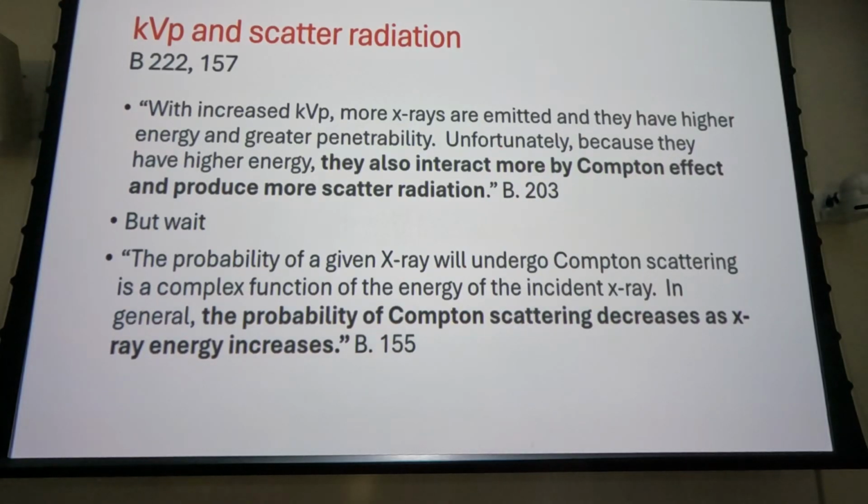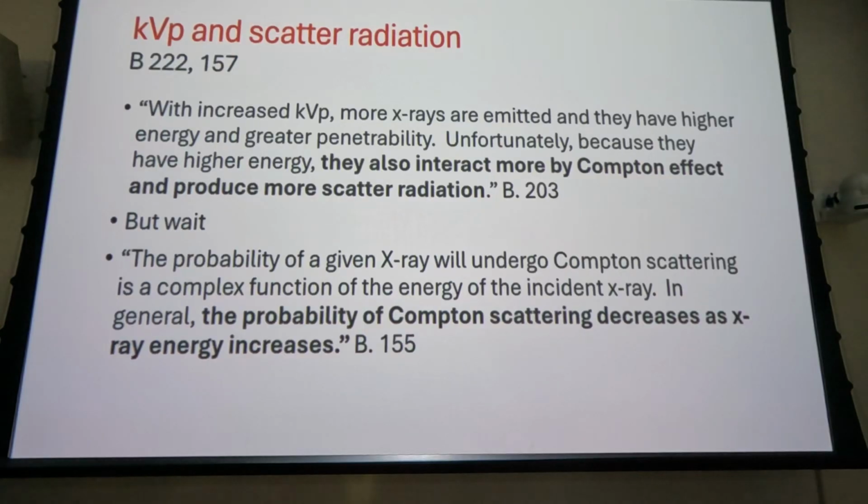Okay, so kVp and scatter radiation. We're probably not going to get off of kVp and scatter radiation today. So on Bushong's 122 and 157, with an increase in kVp, more X-rays are emitted and they have higher energy and greater penetrability. Unfortunately, because they have higher energy, they also interact more by Compton effect and produce more scatter